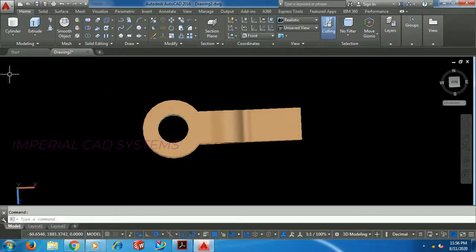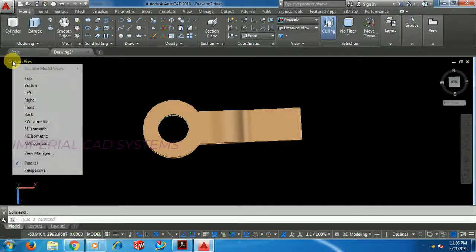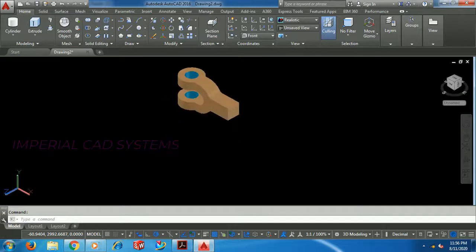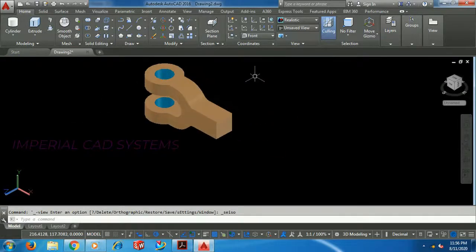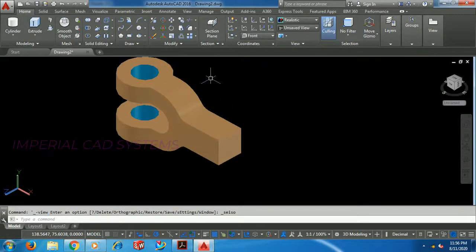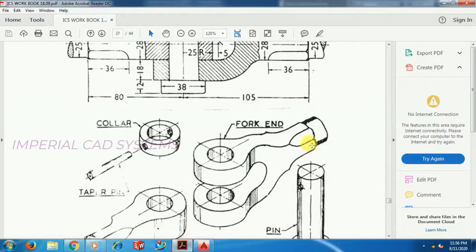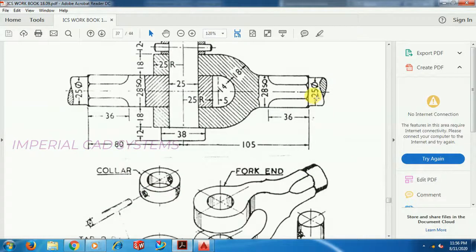Then a cylinder 25 size, dia and length you can take around 20.